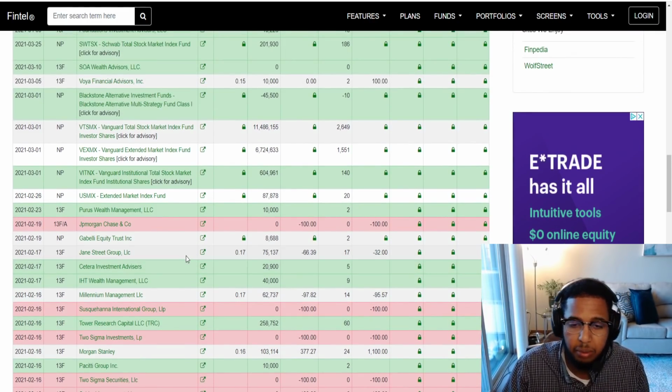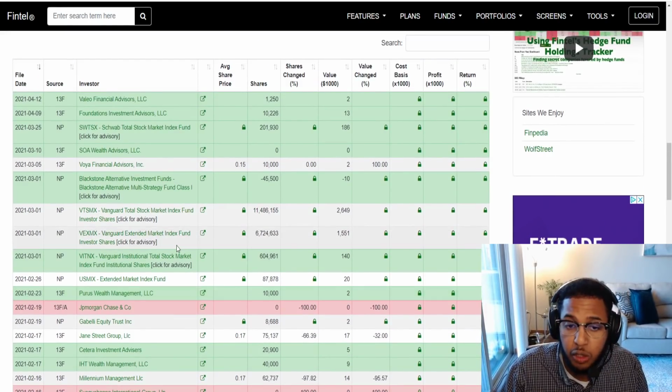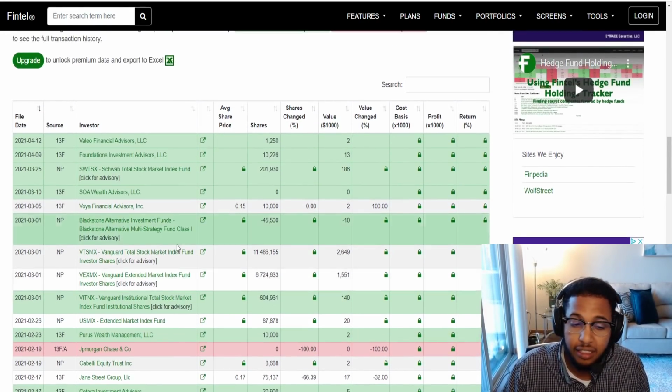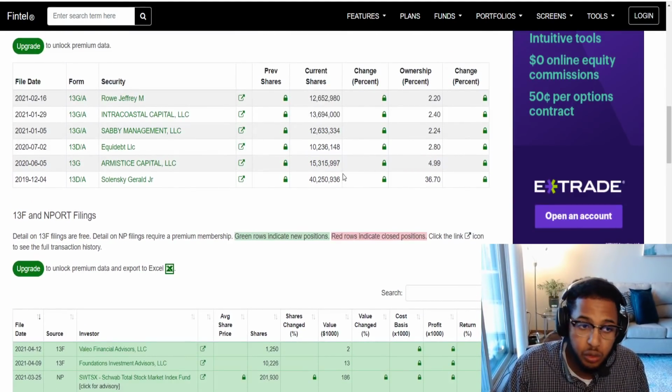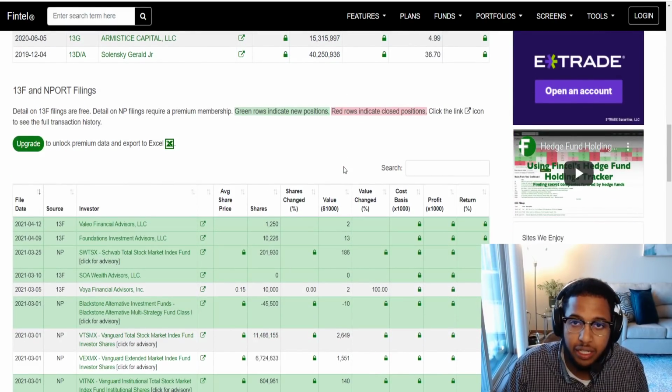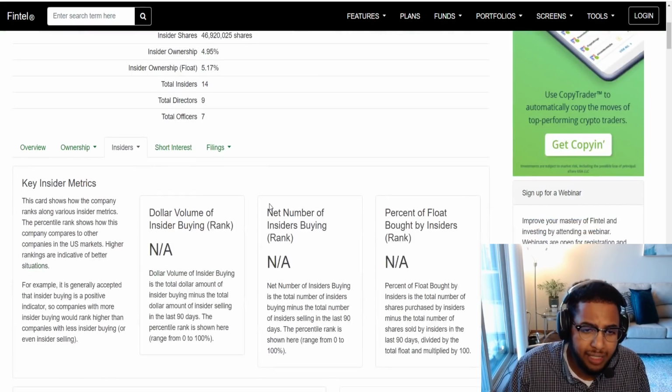We set our trailing stop losses. A lot of us met our trailing stop loss at 5-10%. But now we're looking to potentially re-enter, and the lower the price, the better the entry point. That's just a given. I'm not someone who's going to sleep on the stock because I truly think the potential here is huge. Now, if we look at the insiders,